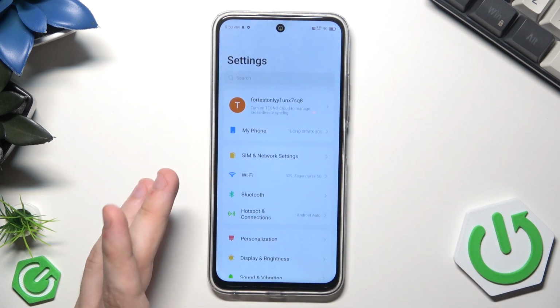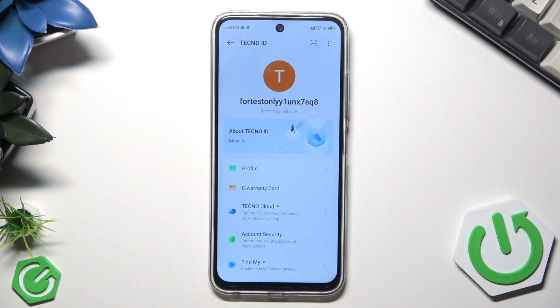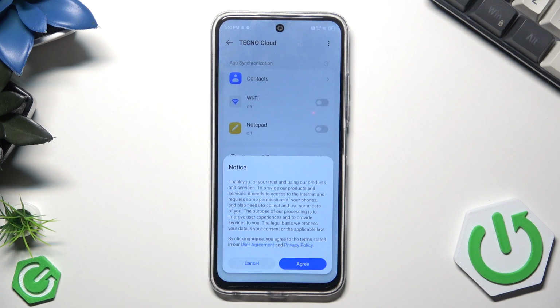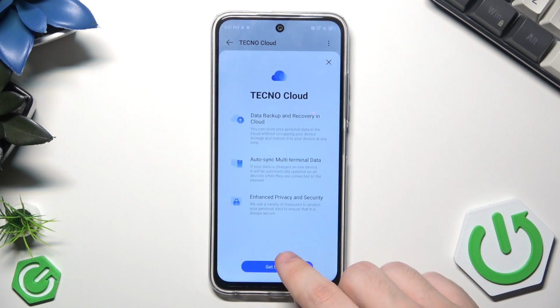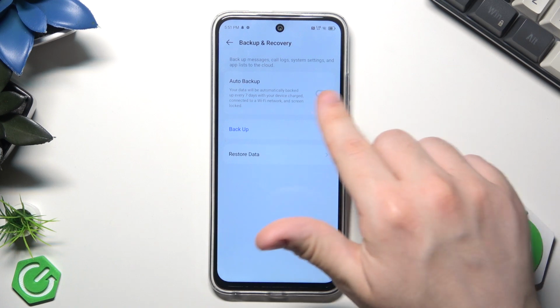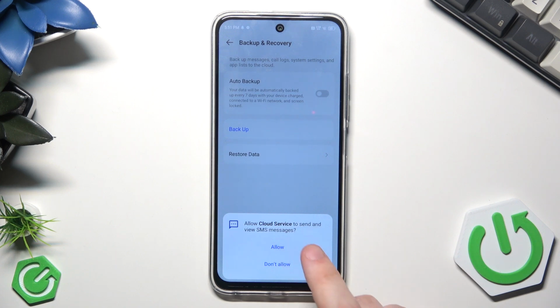To do it, we need to be logged in into the TECNO Cloud account. The TECNO ID, you need to create an account for yourself. Now click on TECNO Cloud, click on Agree, click on Get Started. Now backup and recovery, you can also enable the automatic backup right in here if you want. And now simply click on backup, click on allow,